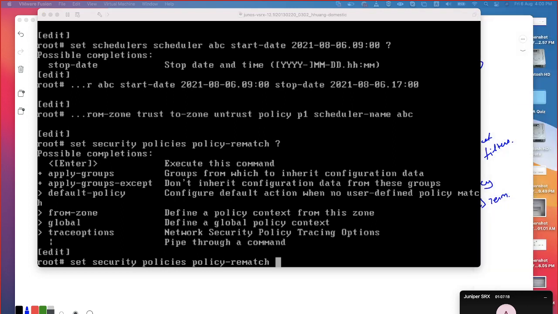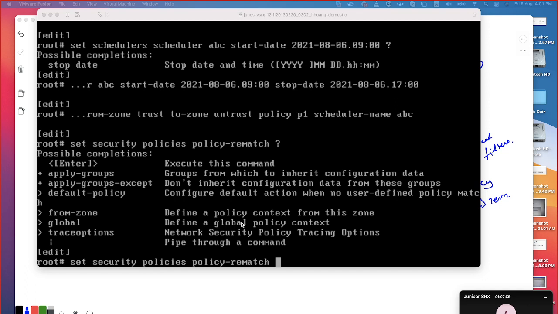Checkpoint is different, okay? There you need to install the policy. Here it is not the case. Now assume that you have the rematch disabled and you have the policy deleted. All the existing sessions are going to be dropped. Even if you enable it, existing sessions are going to be dropped. Whether the policy rematch is enabled or not doesn't matter. When a policy is getting deleted, all the sessions are going to be dropped.